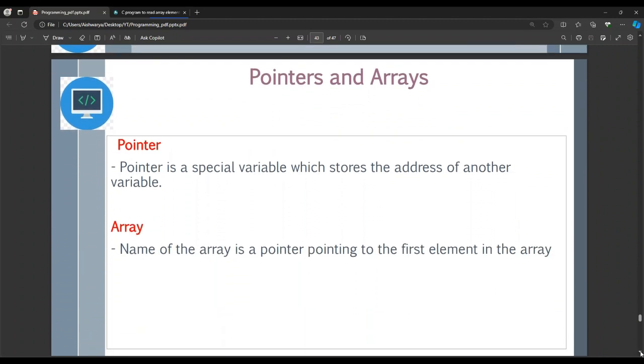An array is a derived data type where we want to store multiple elements, more than one value, but all of them are of the same data type. In C and C++, the array index starts from 0, 1, 2, 3, and it goes on, and there is no negative index for arrays.